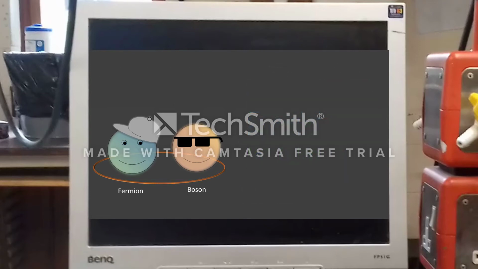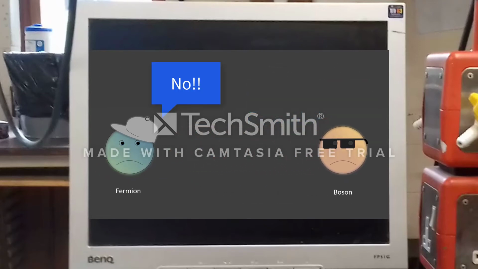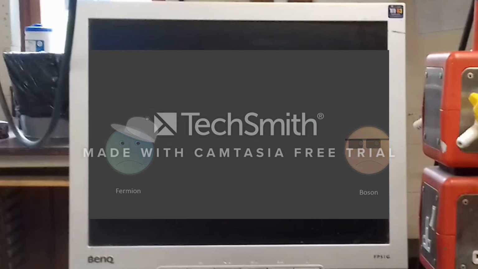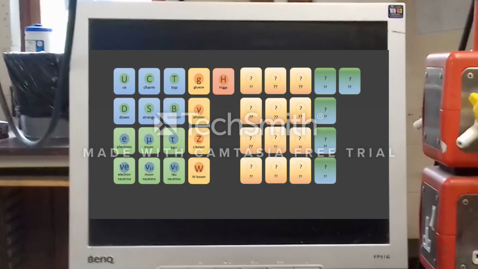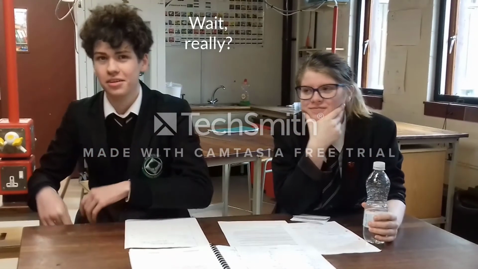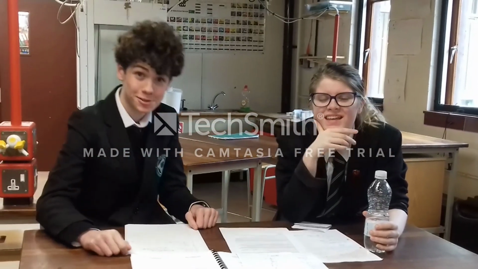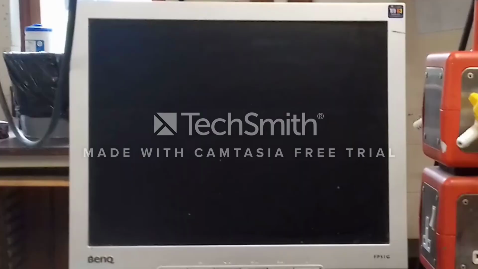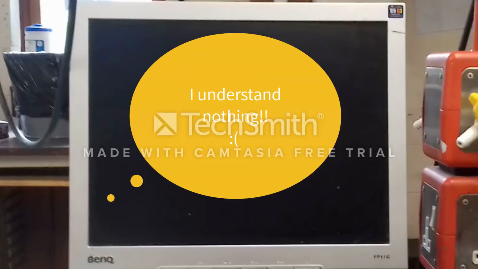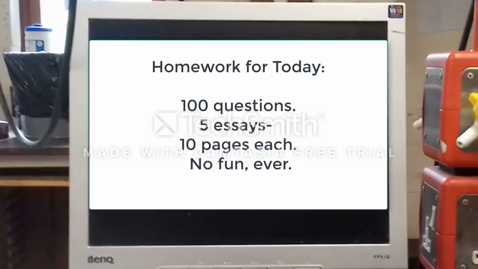But the thing is, no particles have yet been found that are the superpartner of any other particle. That means that there must be more particles we don't yet know of that are the superpartners of the particles we do know of. My head is spinning. There are even more particles? And haven't you found them yet? Well, yeah, it's quite complicated. Don't worry if you don't quite understand it.